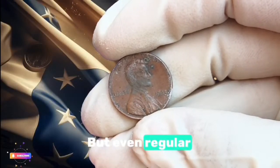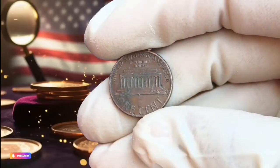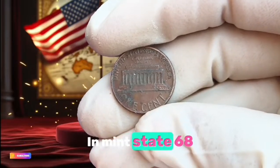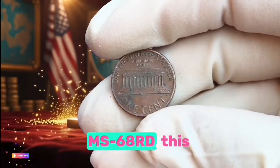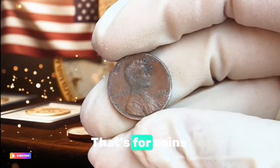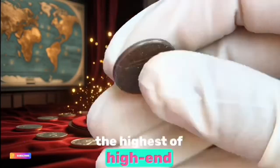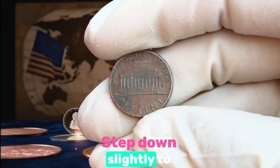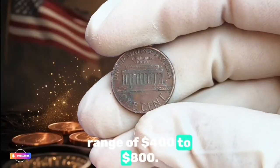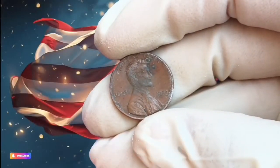But even regular 1983 no mint mark Lincoln Cents, the ones struck on zinc, can carry impressive value in pristine condition. In mint state 68 red, MS68RD, this penny has fetched over $5,000 at auction. That's for coins with full red color and virtually no contact marks, the highest of high-end examples. Step down slightly to MS67RD, and you're looking at a value range of $400 to $800. Sometimes more with good luster and eye appeal. In MS66